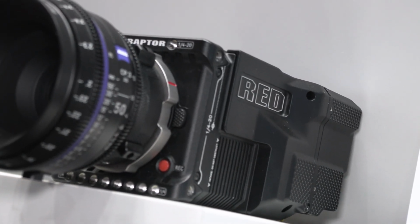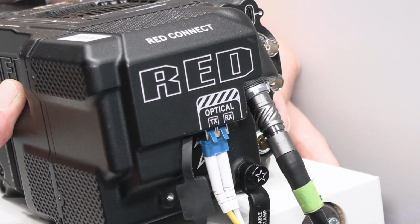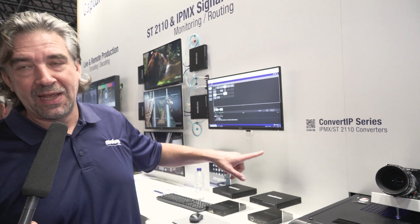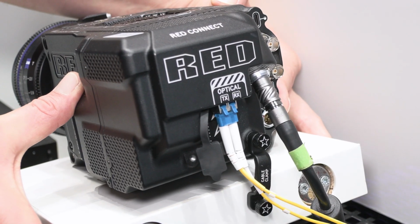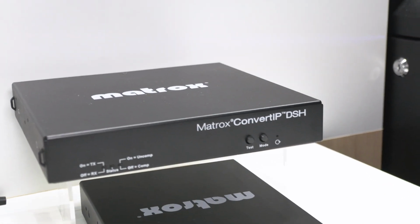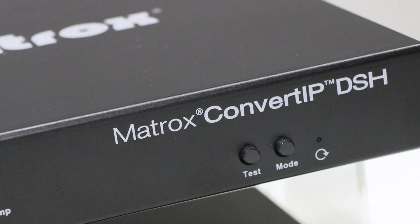So we're actually able to show here very high resolution, very high bit depth, high color quality signals coming out of the Red camera, converted from ST2110 into HDMI and displayed in an HDMI monitor. So those fiber lines are taking the ST2110. So it's coming out of the network connection on the camera. And then we run that into our ConvertIP, and then we do the conversion to HDMI for display on the